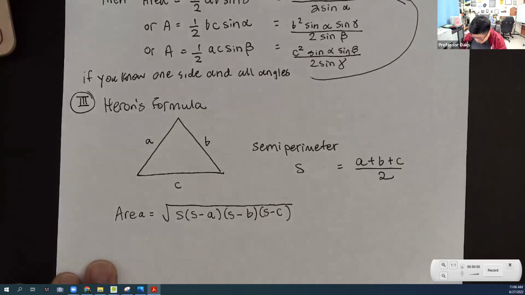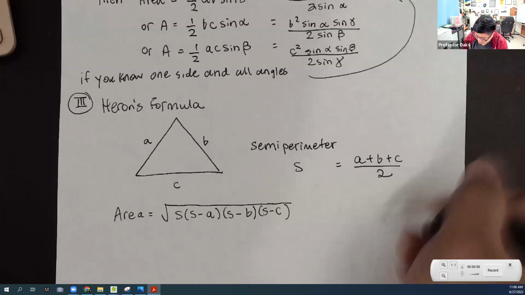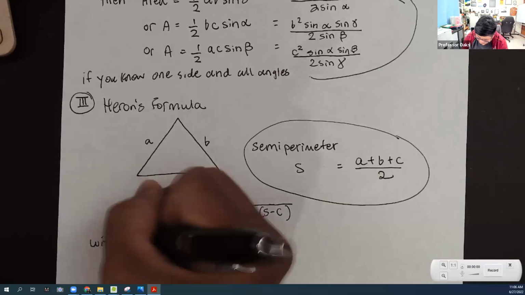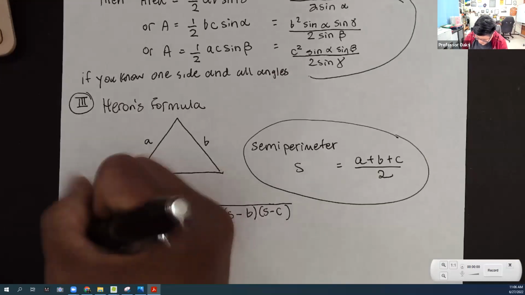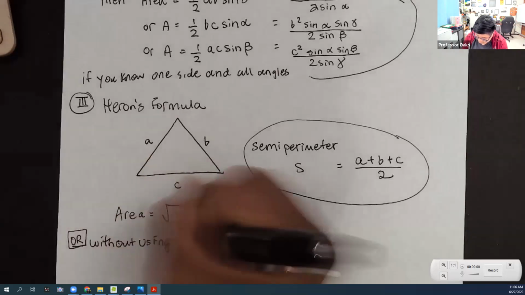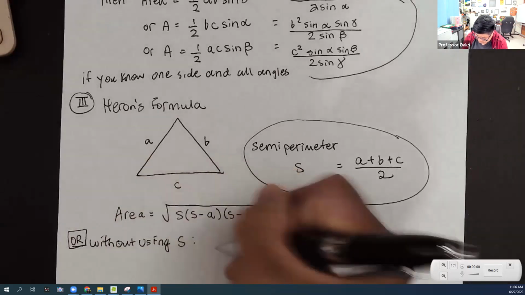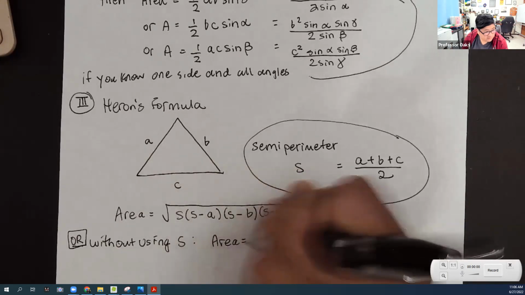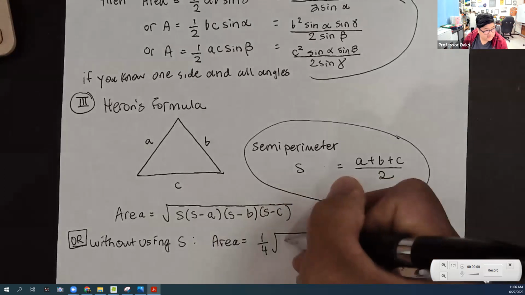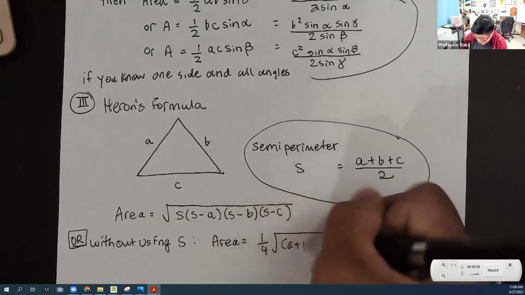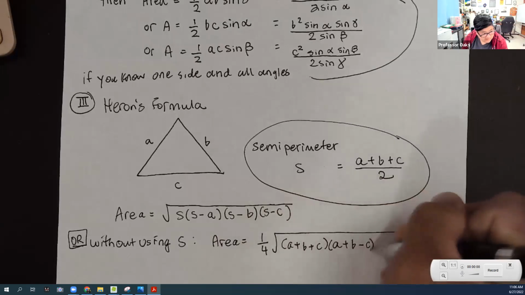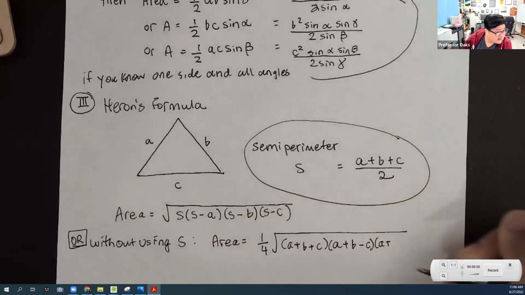So if you want to do this without using the semi-perimeter, without using the S, then you have that the area is equal to 1/4 times the square root of A plus B plus C, A plus B minus C, A plus